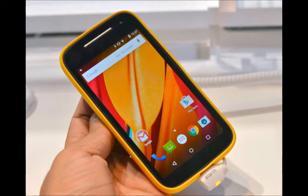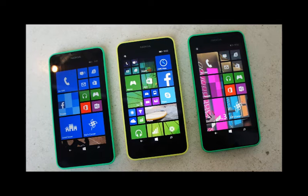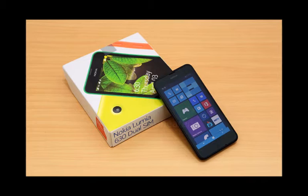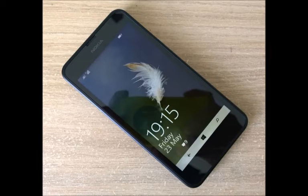3. Nokia Lumia 630/635, for Windows Phone lovers, £90. The Nokia Lumia 635 is essentially a tweaked version of the Nokia Lumia 630, adding 4G connectivity and changing from a matte plastic cover to a more eye-catching glossy one. Other than that, it's the same as that already impressive handset, with a clear 4.5-inch